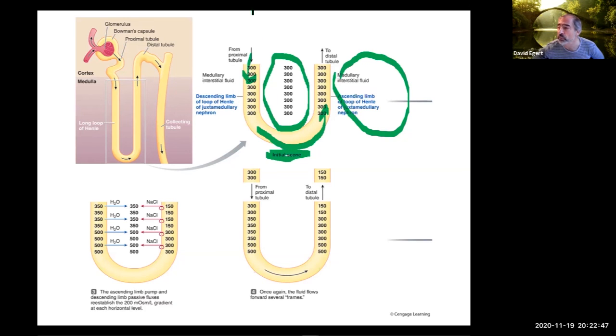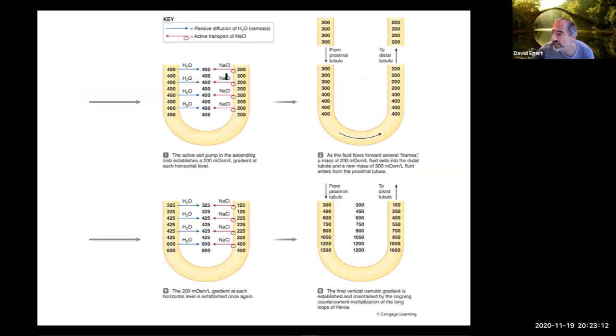But it's also important to remember that the fluid is moving down here and up here. So moment to moment, it's continuing to flow. So then she says, all right, in the first moment here, number one,